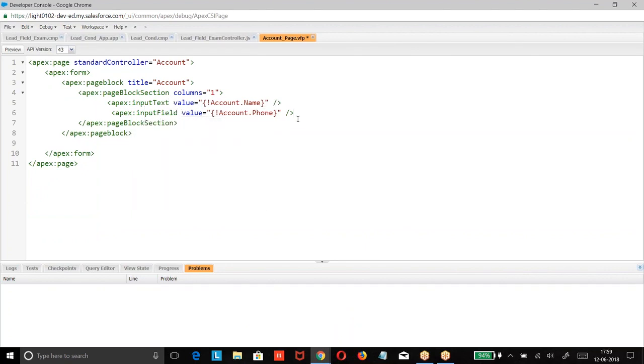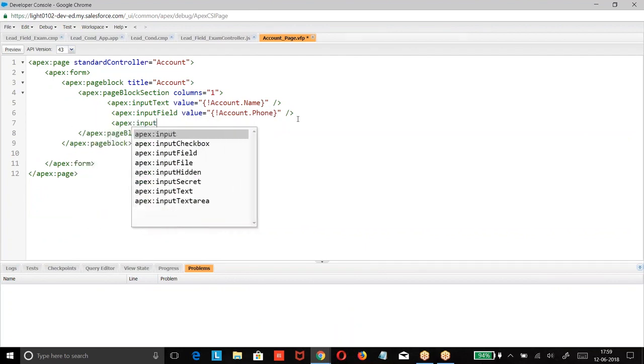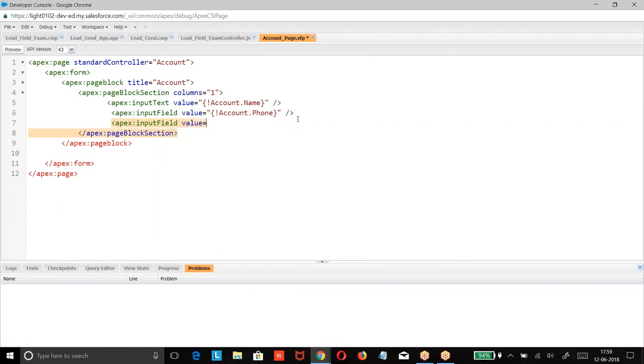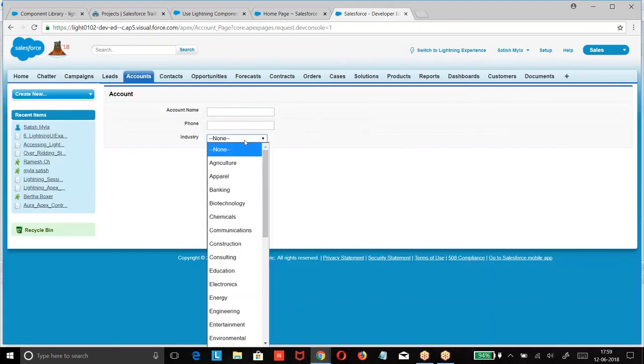Let us see. I also have one more field, apex:inputField value equal to industry. Right. Now we are getting the list of industry.